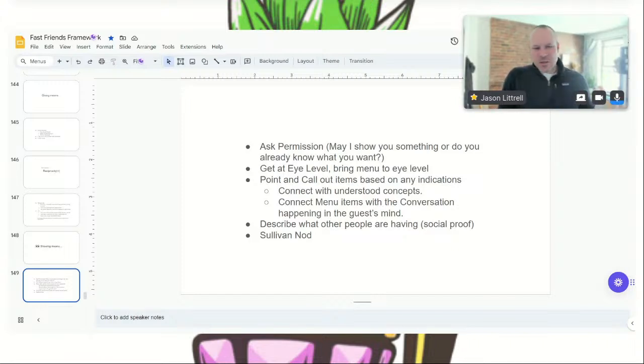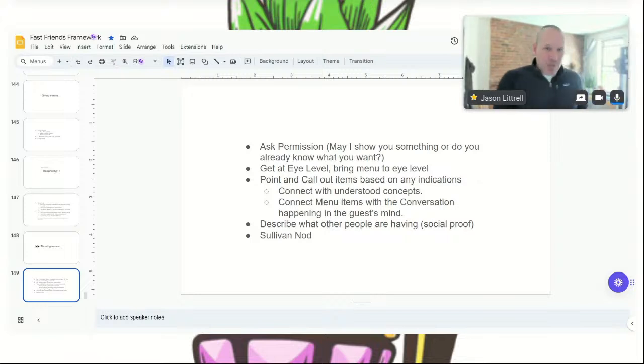Now, this is a whole other thing in itself. I like to build menus that are already understood because I'm not trying to create temples of mixology. I'm trying to create community destinations. Big difference. And so what I like to do is hold the menu and show them, be like, hey, here's a Manhattan. This is like our Manhattan. This is like our margarita. This is like our mule. This is like our spritz, and literally show them what we have that makes sense for what they may have already wanted. Now, this could be a very far distant cousin of what they actually wanted, but making that verbal connection between what they may have already wanted, then walking them through that, is a very, very powerful thing,